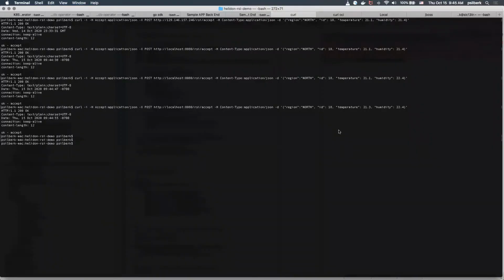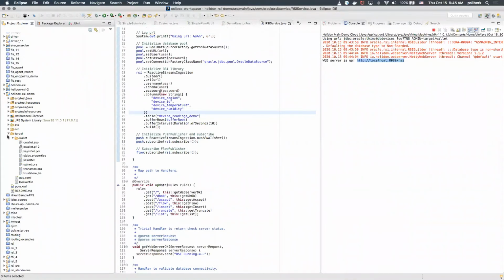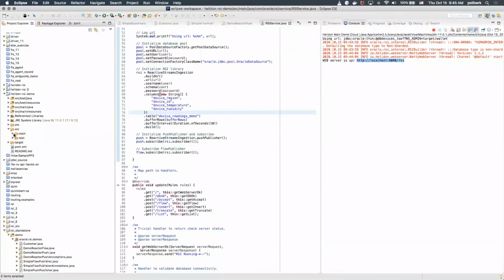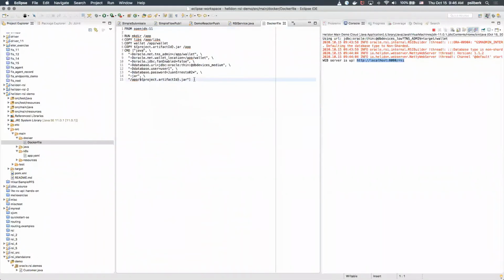But I think it's even cooler if we deploy this into the Oracle Cloud, right? So the interesting thing is I have here my project. I won't show this because we wouldn't have time, but you can see that there is a Dockerfile that is just built in my library. It's as simple as creating the Dockerfile. And then you can deploy this into OKE.